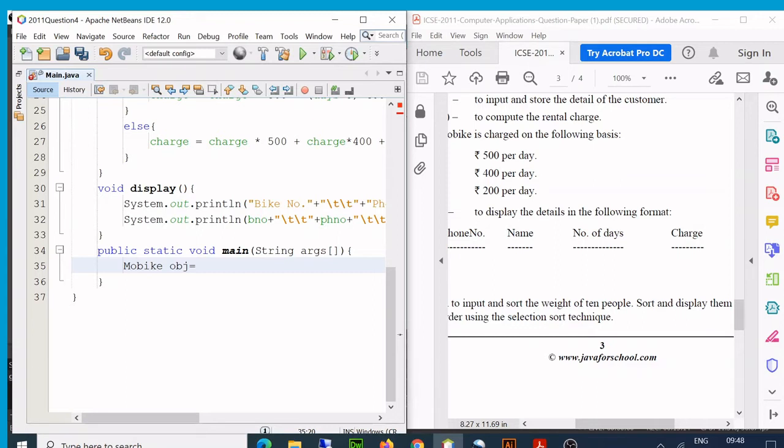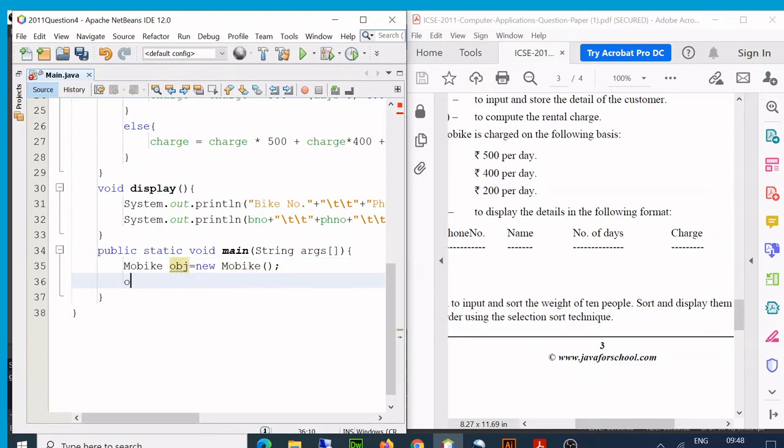Right? This line is all important. As I told you, the council gives marks for making an object. This is the class name. This is the object name. You can give it any name you like. I can write anything, like I can even write Virat. No problems. Doesn't look nice, but anyway, I can do anything. OBJ. And this is the constructor. Okay, this is new, which makes memory available dynamically for this object, right?